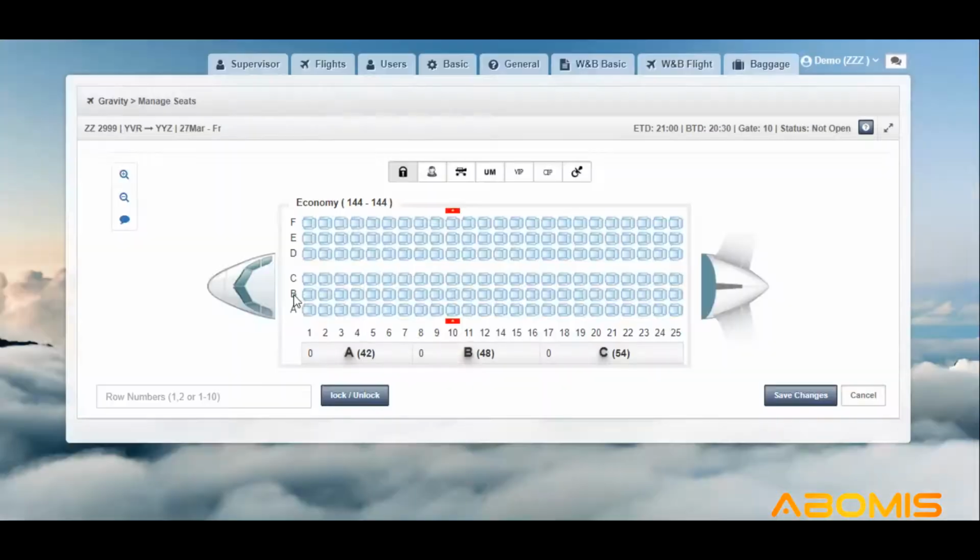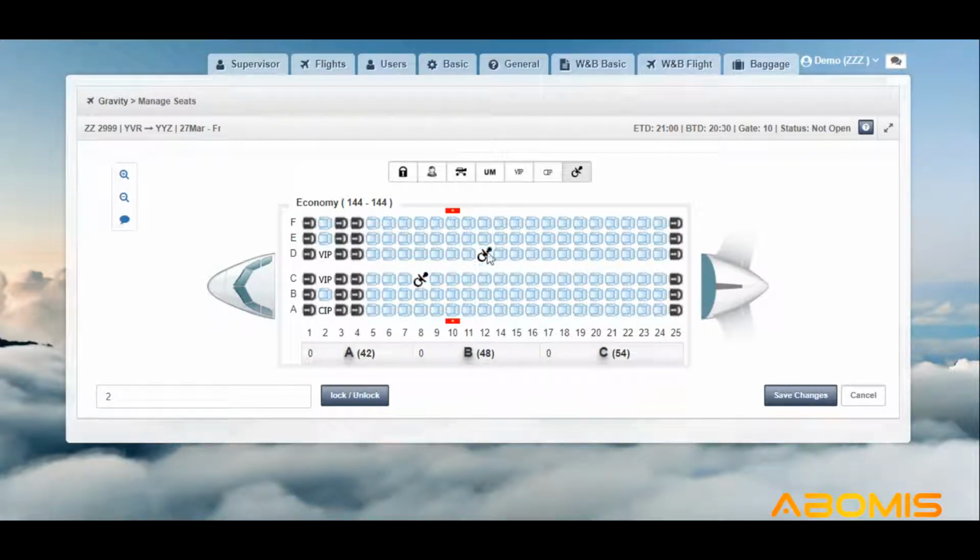Some changes must be done in the seat map before check-in. For example, we intend to lock rows 1 to 4 and also number 25. We want to unlock row number 2 and allocate it to VIP and CIP passengers. So, as an example, we select 2 VIP passengers and 1 CIP, and also allocate the seat number 8C and